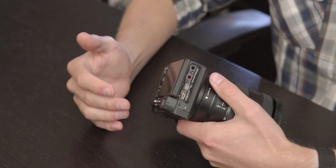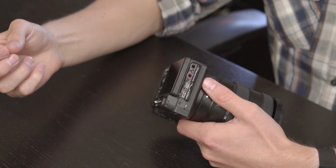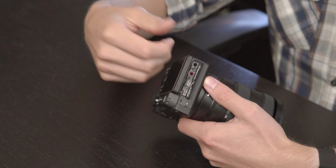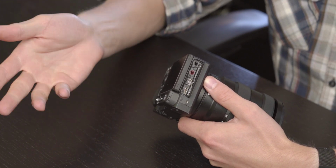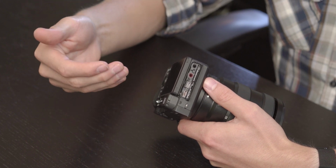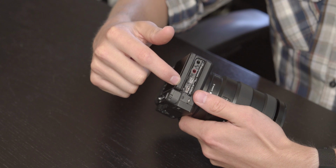On the topic of peculiar choices though, I'll talk about the ports, because Sony went with a couple weird options. They did add a headphone in and out jack, which is crucial for professional video work and is awesome that they have it on this camera. They have a micro HDMI port, which is very much so okay. I can't imagine them fitting anything larger on a body this size, but they went with a micro USB port,